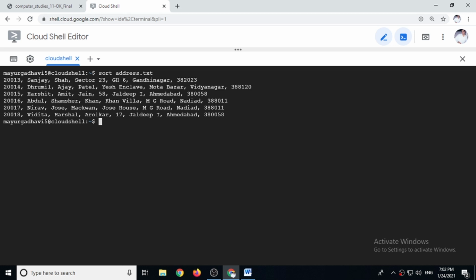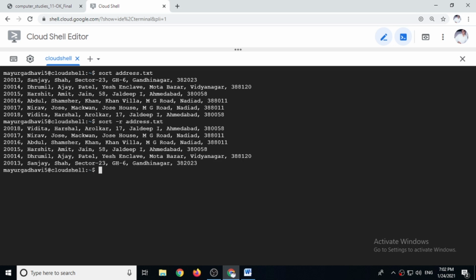You can see here we have stored the data number wise. But if you want to display this information in reverse order, then you can use the sort -r option. So sort -r address.txt will show you all the records in reverse order.